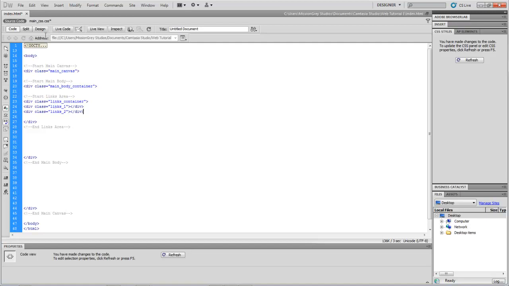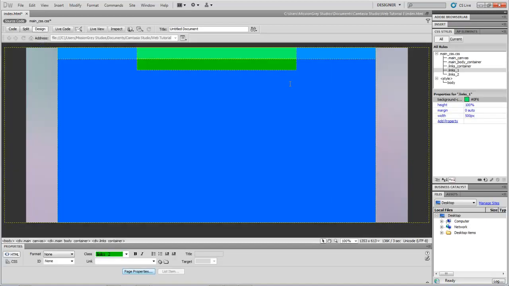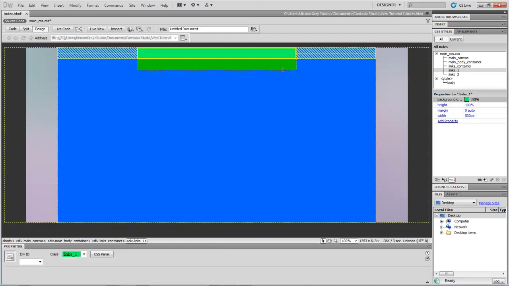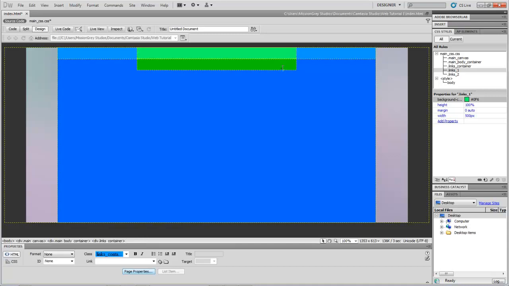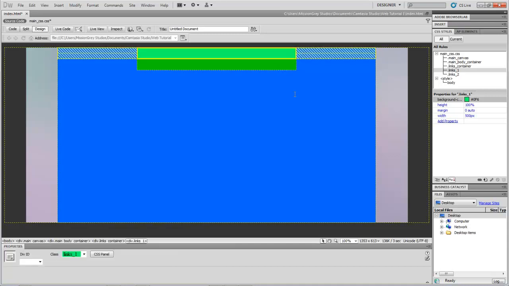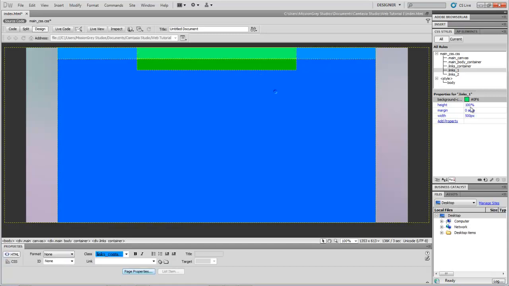Okay, go to our design, and there's our two divs. Now, as you can see, they're right now stacking in a weird way. There's two reasons for that actually. First is I still have the margin on 0 auto, which I need to turn off for now on both of those. And as you see, it's still stacking. The reason for that is we have to add another property